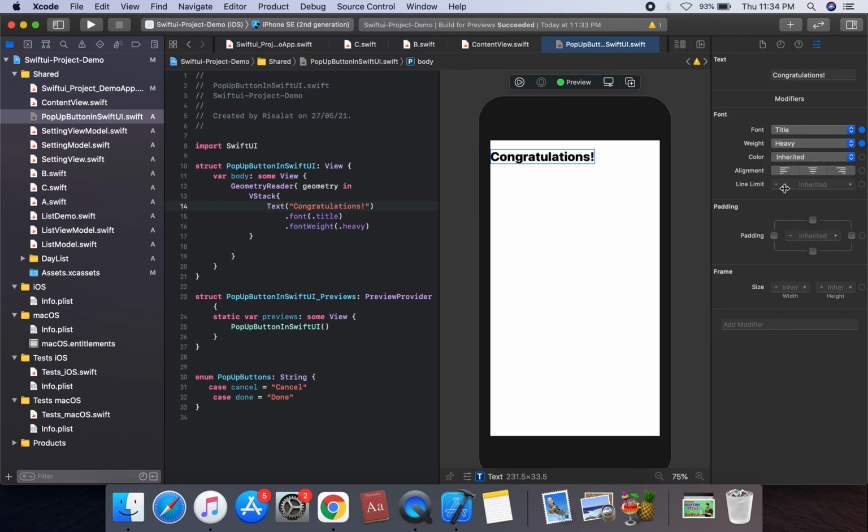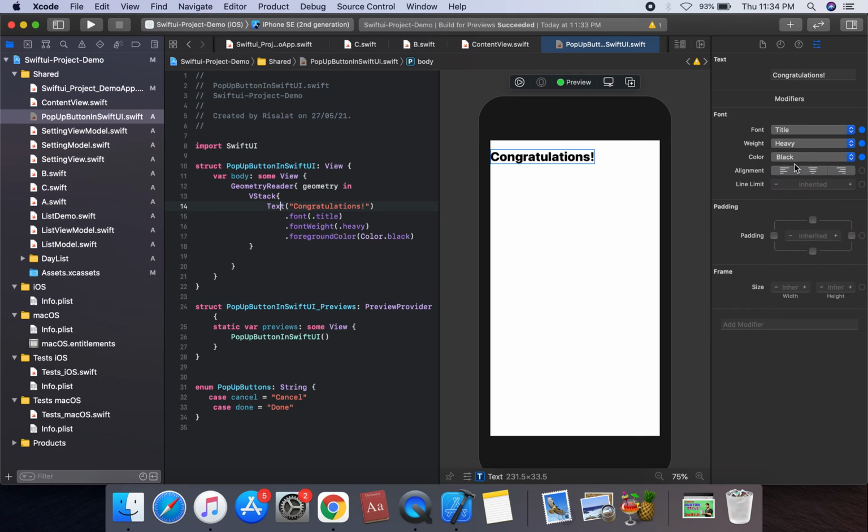We can set the weight to heavy. We're going to apply the font weight on the text. It is heavy. And the color is black. You can set the black color, and we're going to create another text.